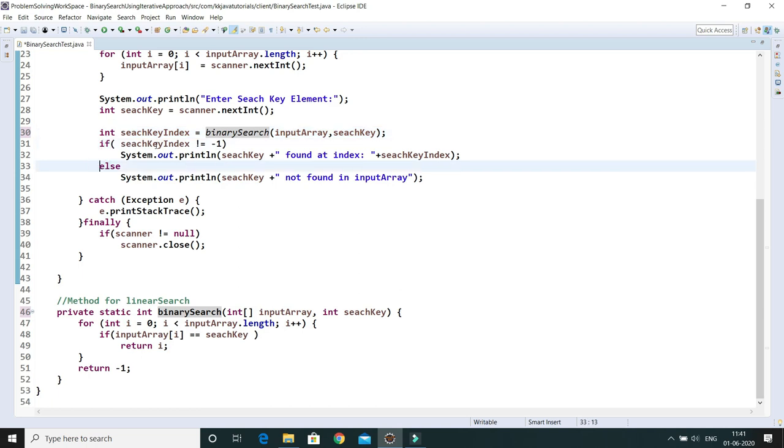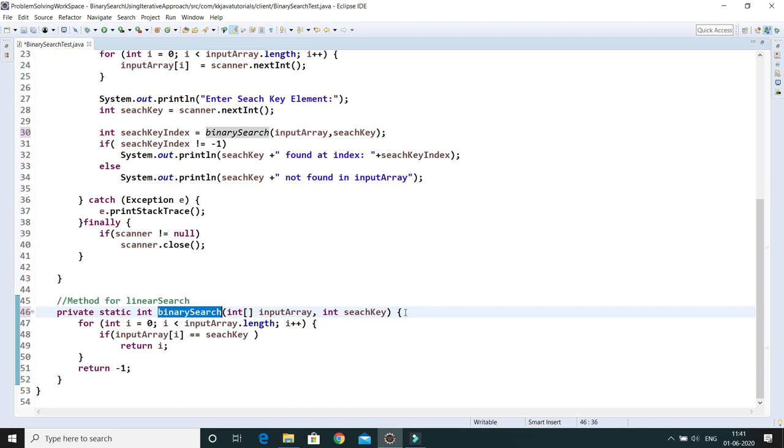Even in binary search, if we do not find the search key in the array, our algorithm should return -1. If we find the search key within the input array, our algorithm returns the index of that search key. Now here we are going to make changes.